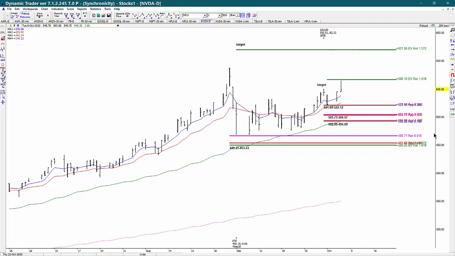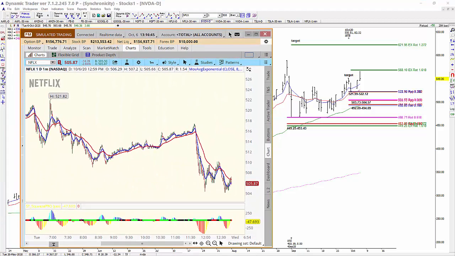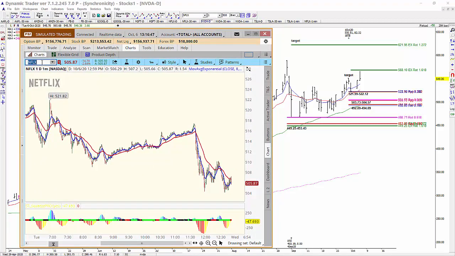Okay, and then let's also address the swing trade triggers, because as far as the day trade triggers, you're looking at, again, a 1 minute chart or 2 minute chart with the moving average crossover. But for a swing trade, typically you want to see it also cross on a 15 minute or a 30 minute. So if we look at NVIDIA,